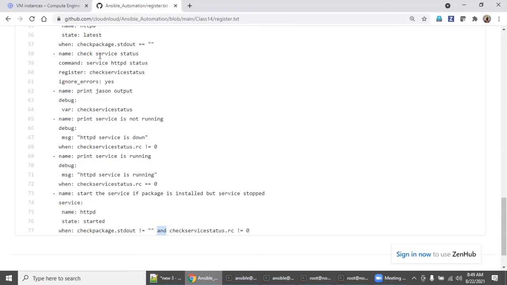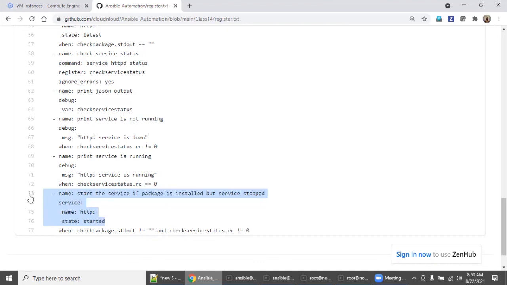What we can do is have one condition for the package and one condition for the service. If the package is installed and the service is not started, both conditions satisfied, then start the service. You can club two conditions, or instead of and you can say or, meaning either this condition or that condition is satisfied, and the play executes. This is also possible.